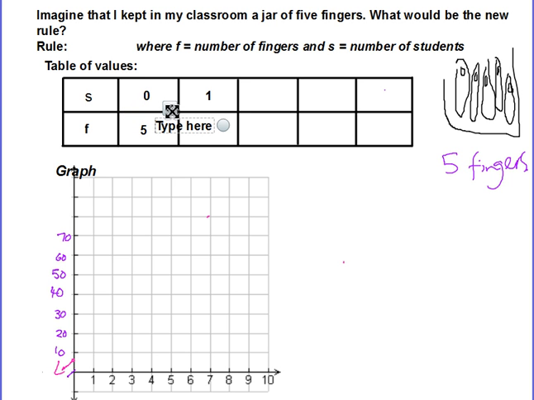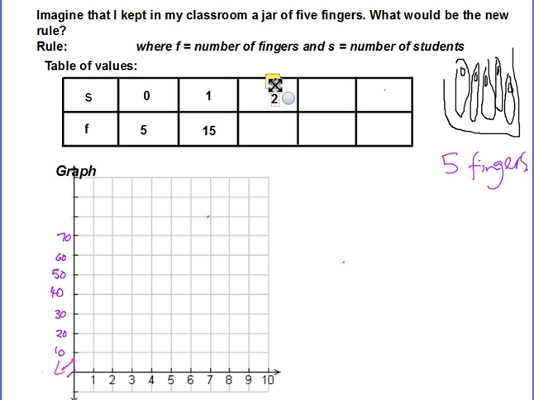When there's 1 student in the room, how many fingers are there? Well, there's the 10 fingers from my 1 student and the 5 fingers from my jar, so there's actually 15 fingers in the room. If I had 2 students in the room,